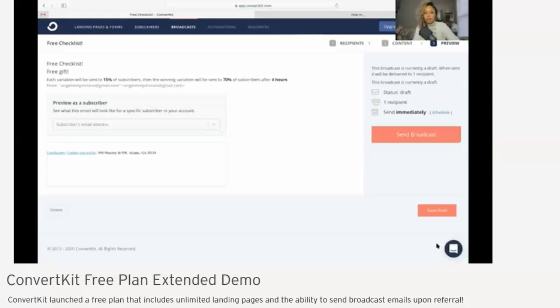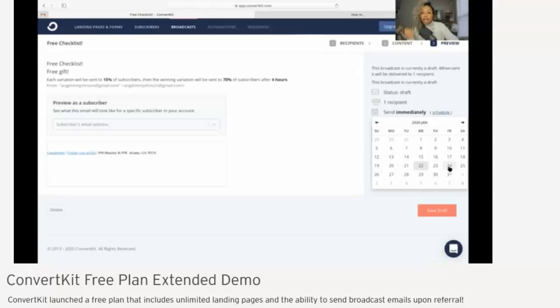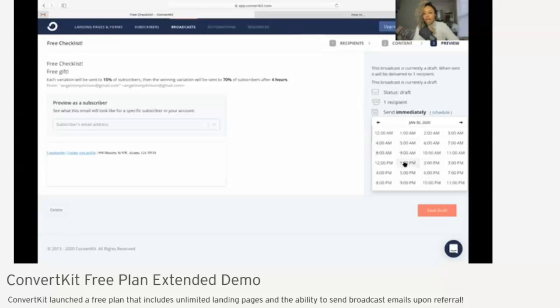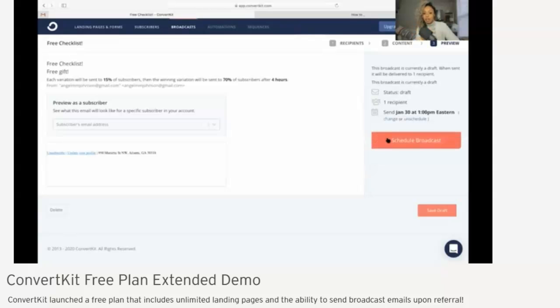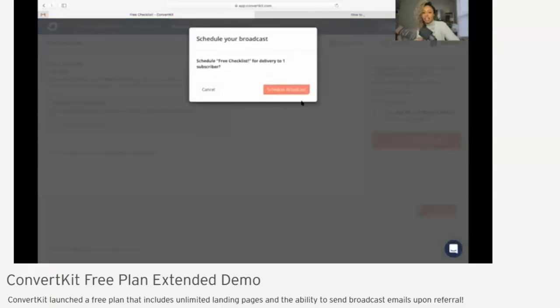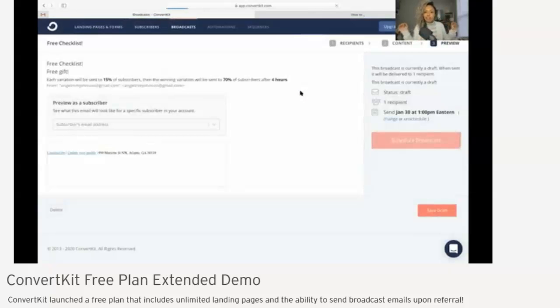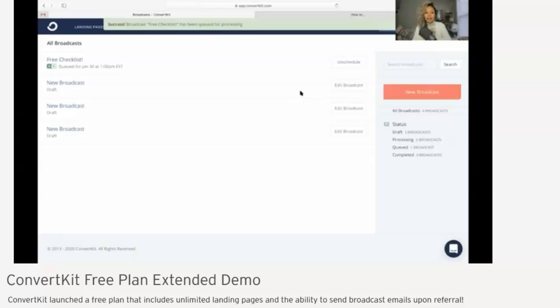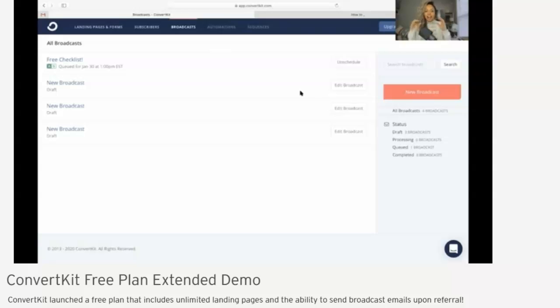And this is where you are going to be able to send the broadcast immediately, or you can schedule when you want this to go out to those people. This can be sent maybe Friday, maybe next week, whatever it is that you're wanting. You'll just click on the day and the time that you're wanting to deliver this email to your audience. You'll click schedule broadcast, go ahead and schedule, and you're all good to go. This is exactly how you are able to send those emails and connect and communicate with your audience in a ConvertKit free plan. Last but not least, I want to show you one of my favorite features, which is the